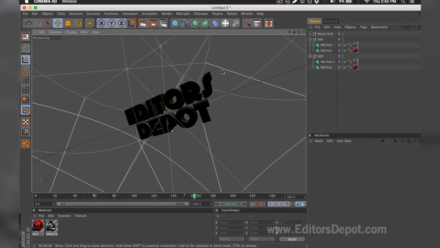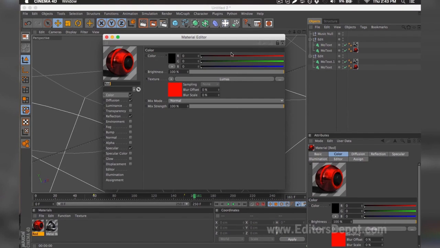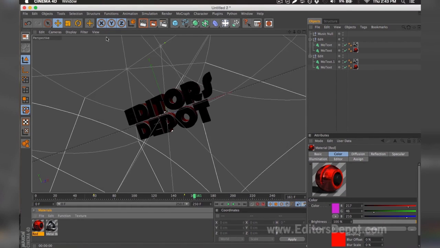I'm 100% happy with the colors because it's red and Editors Depot is red, but if you're not happy with the colors, you can simply come down below, double click it, and make any modifications you wish, whether it's make it green, make it blue, or blend it all together and make a little purple. I'm going to go ahead and keep it this way, and I'm going to go ahead and go to my